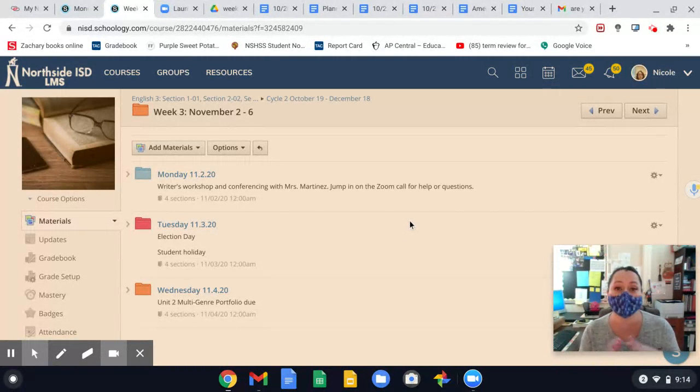All right, so this is your second major grade. We are looking at Unit 2, and this is our final piece that goes with Unit 2 before we go to Unit 3. In Unit 2, it's a multi-genre survey. We're looking at different styles of writing. So in this portfolio that you're crafting, you are building different pieces to represent the different genres that exist,